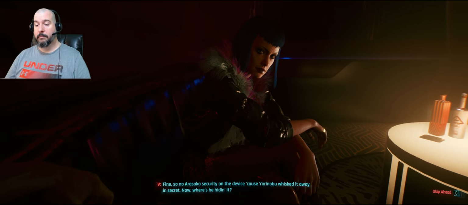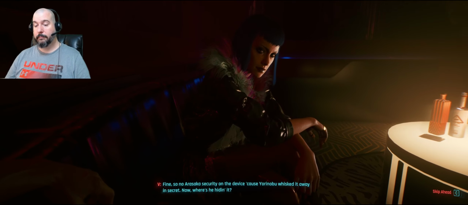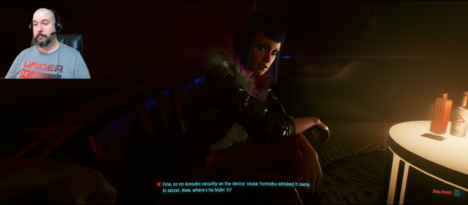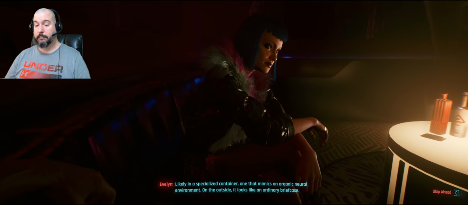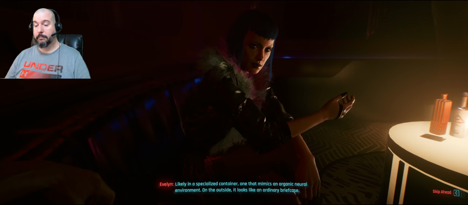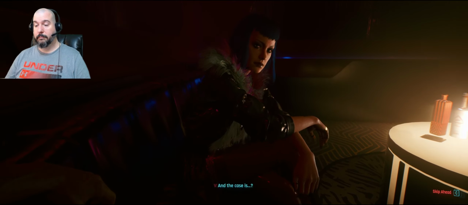Fine. So no Arasaka security on the device because Yorinobu whisked it away in secret. Now, where's he hiding it? Likely in a specialized container. One that mimics an organic neural environment. On the outside, it looks like an ordinary briefcase. And the case is...